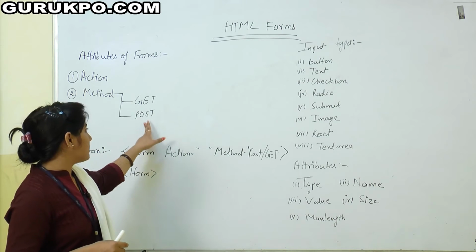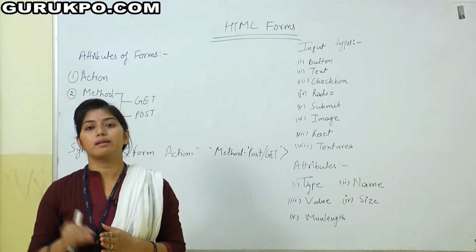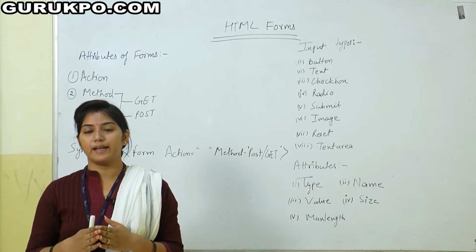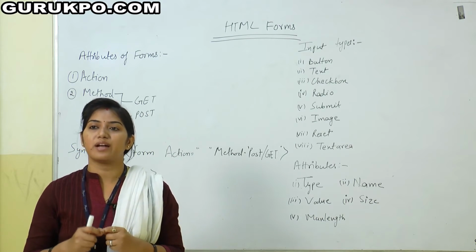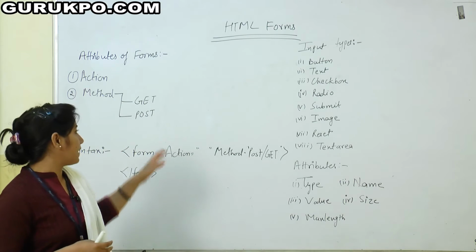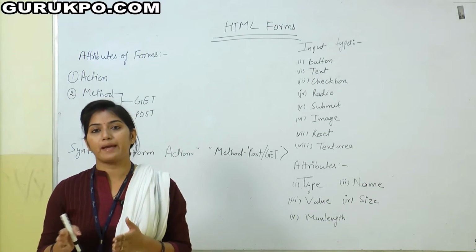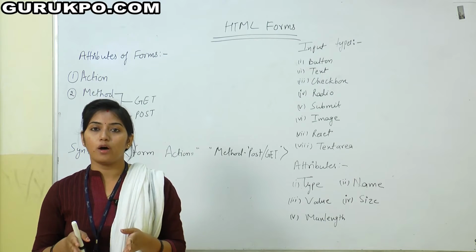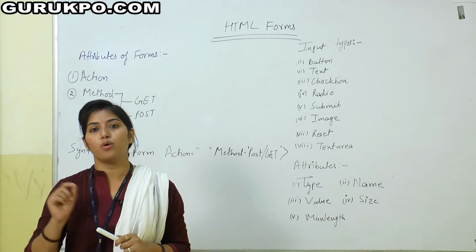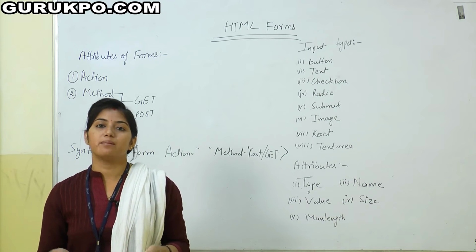There are two methods, get and post. In the get method, our data goes in the query string. The values of our input are attached to the URL and transferred as a query string to the other database. The second one is post. In the post method, our data goes in packets. That means it is secure, because in the get method, when all the data goes with the URL as a string, it can be visible to anyone.